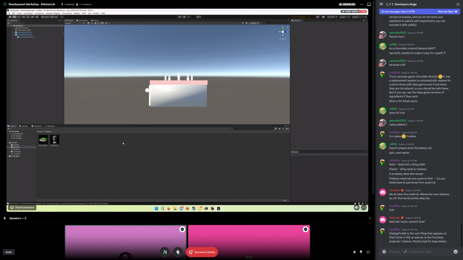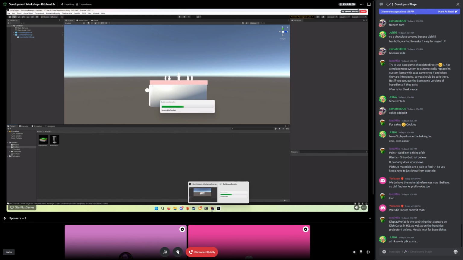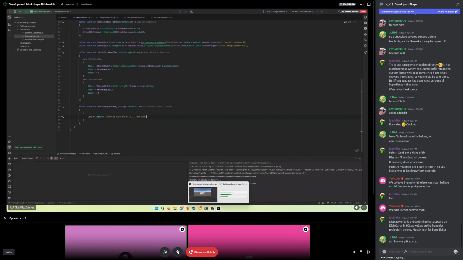Got our mod. This is all in our assets, so we're going to build this asset bundle, and that should be pretty well good to go. So once that's built, we'll be able to go over to our